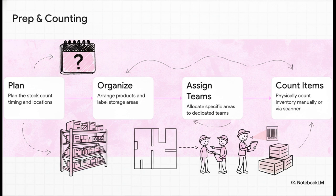And hey, here's a great pro tip. Implement blind counts. This is where the team actually doesn't know the expected system quantity. It totally prevents them from just echoing the expected number, forcing a true, honest physical count. Then, Step 4 is the physical counting itself, working efficiently through aisles, top to bottom and left to right, so